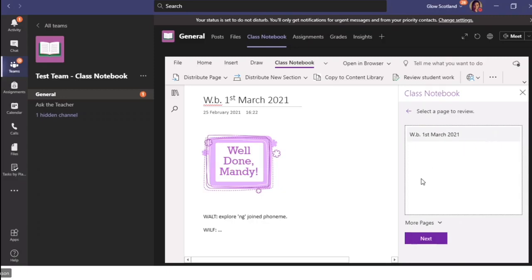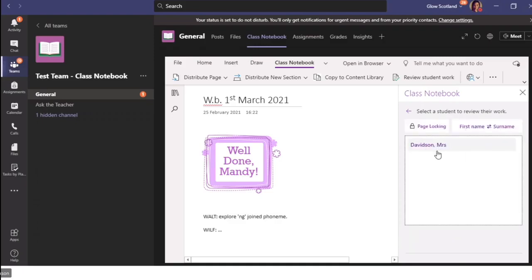Thank you so much. So then I pop back onto this task, click that task that I distributed to Mandy's reading group, press next, and then it'll let me go through every pupil's version of this. So because I've given them a copy to edit on their own, I can then go through the list that way as well. And if there is, which again, this can be used if you're gathering evidence for something, you can then lock pages, but this only works, as I've recently discovered, if you distribute pages. You can't lock pages that pupils maybe add on their own, or if you add individually without using the distribute functions. So you can lock pages, and it basically just means that